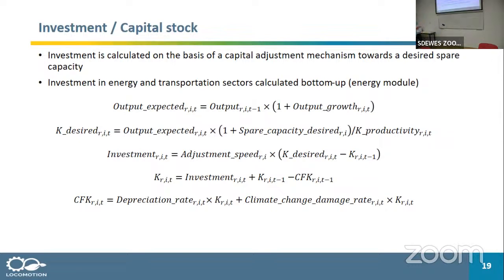Now we have assumed that climate change can damage the stock of capital, and that can have an impact on the production processes. And this is something that will be explained later by Paula. And remember this: consumption of fixed capital includes climate change, and this is important because